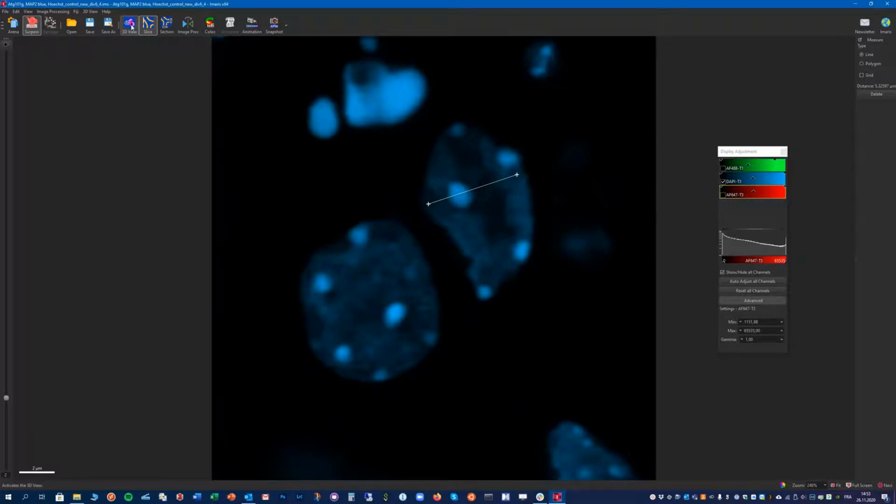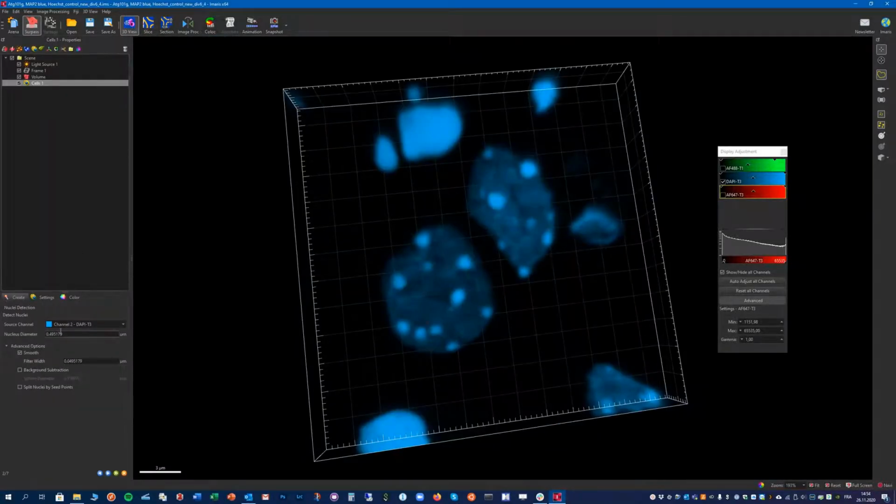So let's switch back to 3D view, and enter this value, around 5 microns here. It's also a good idea, if you have several objects inside the same channel, to use this split nuclei by seed points option. It will allow us to make sure that those seed points will be used and can restrict the detection to really what we want. So